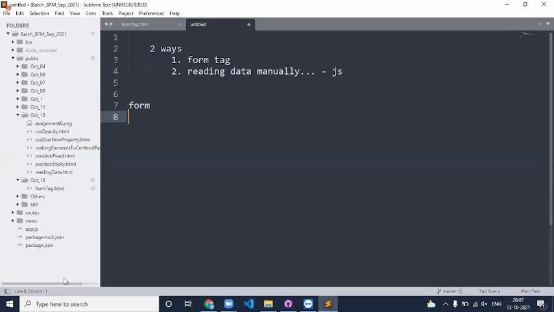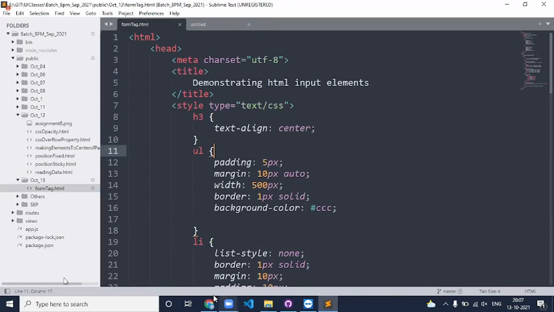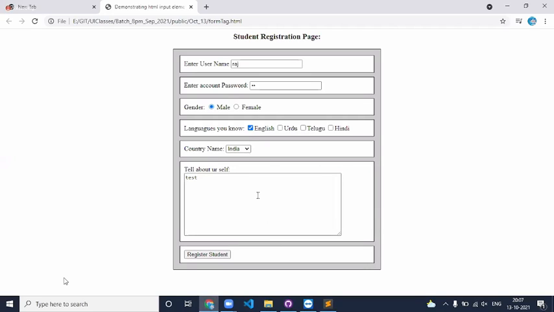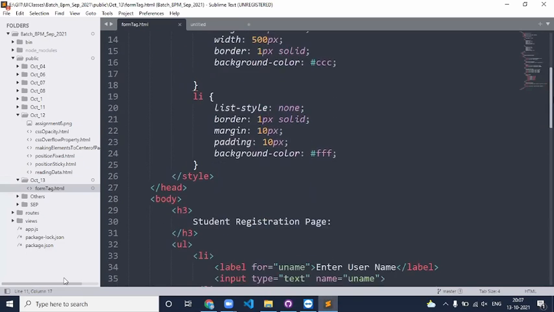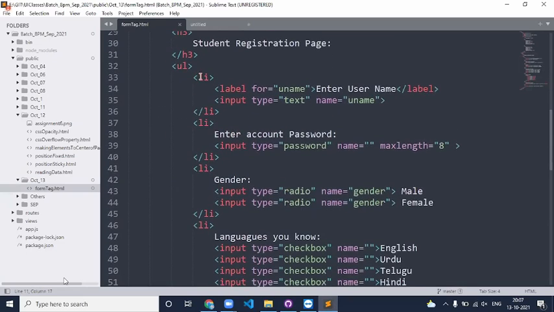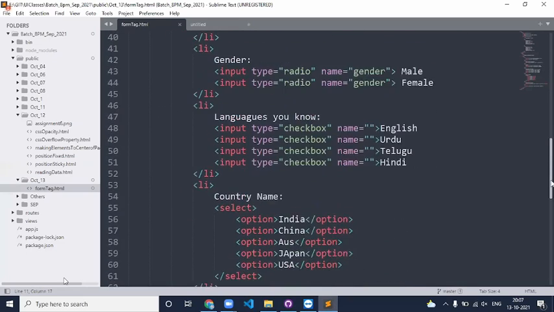It automatically reads all the data from the input elements you have and sends it to the specified server. So how are you going to do that? Very simple.